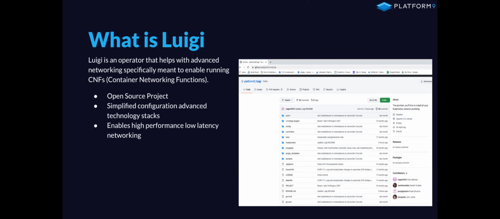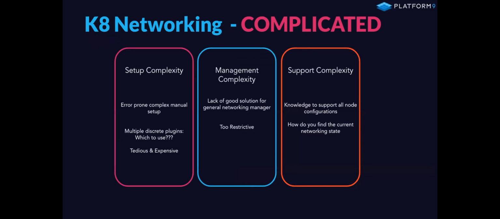You're going to need multiple NICs to enable those kinds of high speed, high performance, low latency networking capabilities that you'll see are useful for certain networking applications, for example, like 5G networks on the edge, or anything for that matter that just needs low latency and high performance. You're going to need those additional capabilities. It allows you to deploy multiple container network interfaces, and so that's in a nutshell what Luigi is at a very, very high level. So why does it exist?